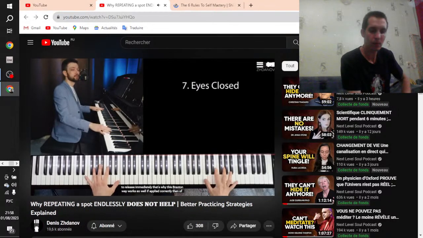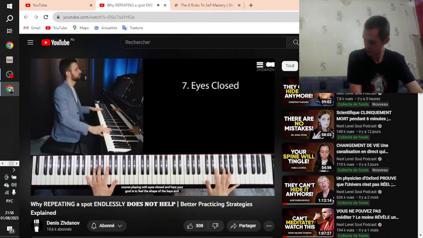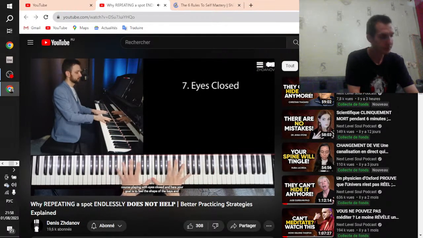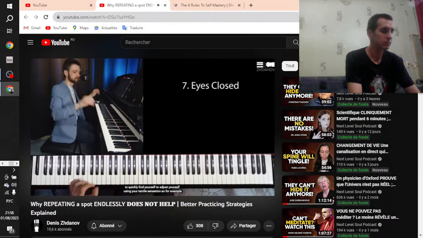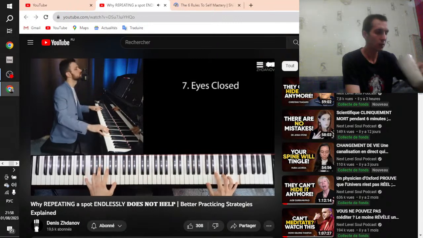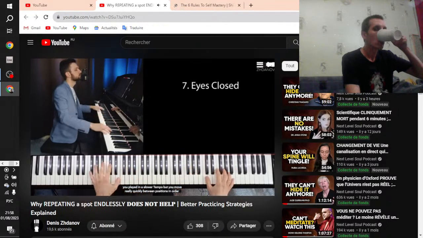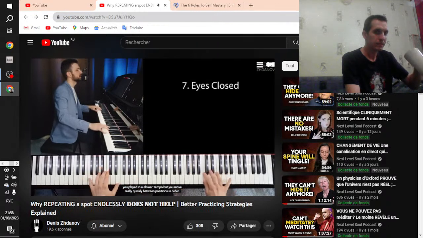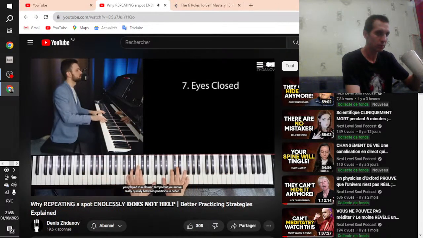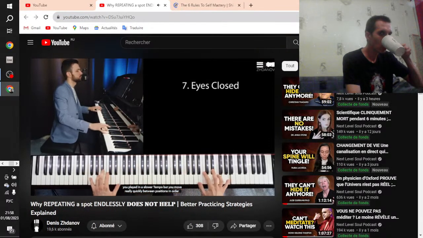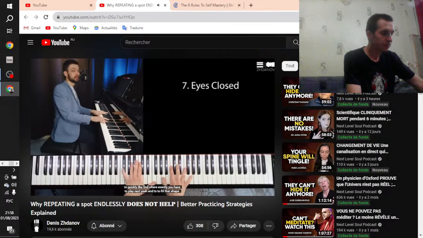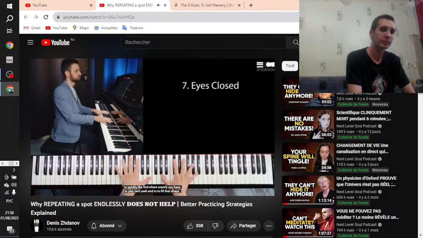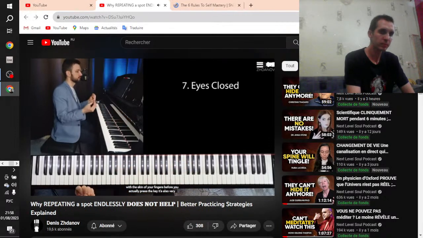Then, of course, playing with eyes closed, and here your goal is to feel the shape of the keys and to quickly find yourself, to adjust yourself using your tactile sensation. So, for example, you play it in a slower tempo, but you move really quickly between positions in order to quickly find where exactly you have to play next, yeah, and to feel that shape with the skin of your fingers before you